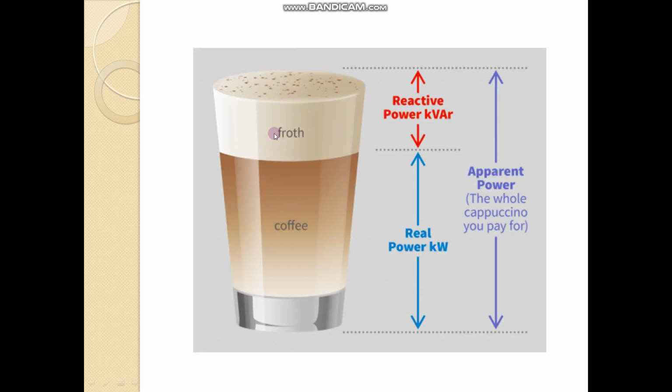This is the best example for the powers. See, when you go to the coffee shop and if you order the cappuccino or coffee, then maximum time on the top of the coffee there is a cream, or maximum time there is the foam. So what is the use of that foam? It is useless or it is waste. So the actual coffee content in the glass is the real power. The foam is the reactive power, which is waste, and apparent power means the total of this active and reactive, means coffee plus foam.